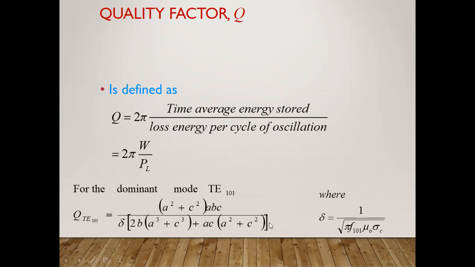How can you find what this lambda is? Lambda is nothing but the depth of penetration or the skin effect, that already we have studied. Okay, already we have studied in the transmission line and all. Even this is also in the transmission line in the network analysis subject. So in this way you can find the depth of penetration or the skin effect. Okay, how the depth is formed while the wave is propagating from the transmitting to the receiving portion, how the signal penetrates. Okay, in this way you can find it with the help of the conductivity, with the help of the permeability and all.